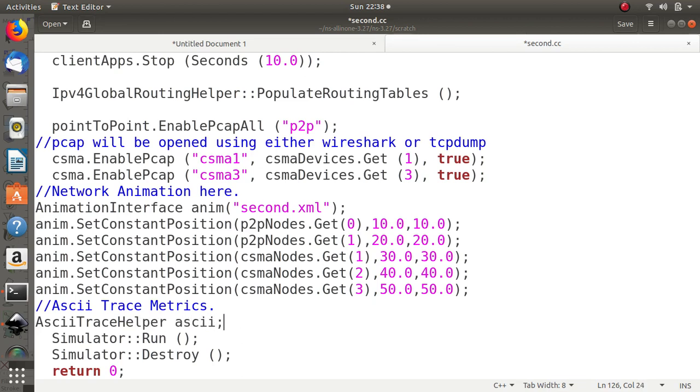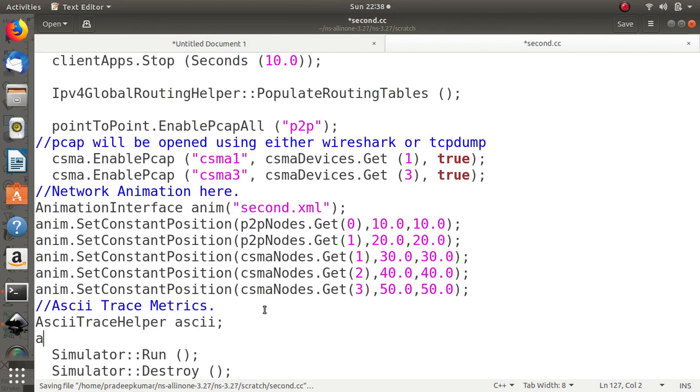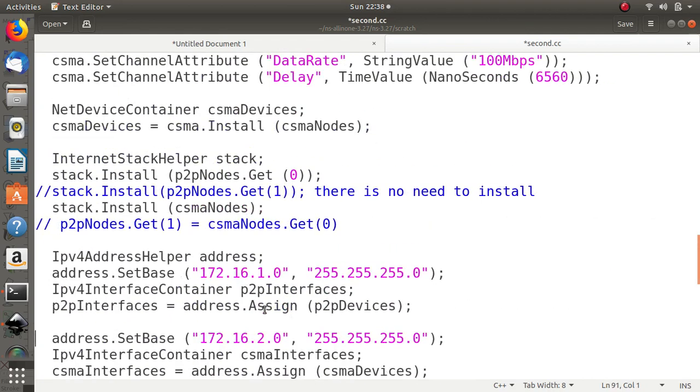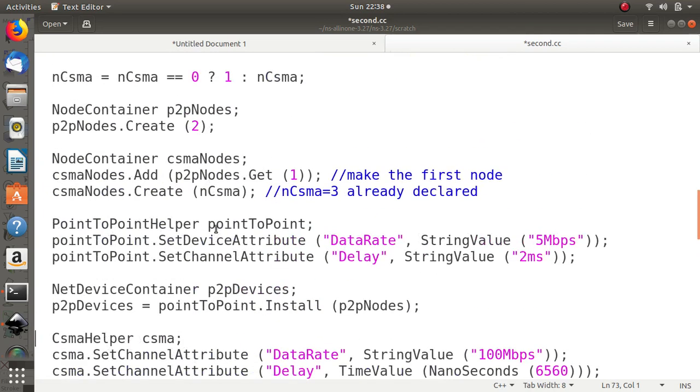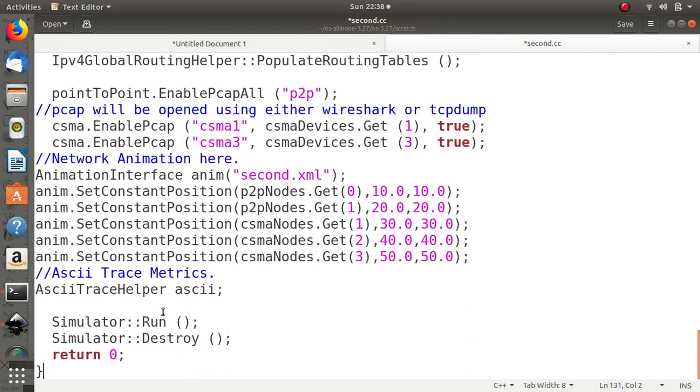I create a variable called Ascii. Then we have 2 variable names in the helper class. One is CSMA, another is point to point. Either point to point the variable name you can see, or better you can copy this, Control C. I copy this, I come here, so dot enable